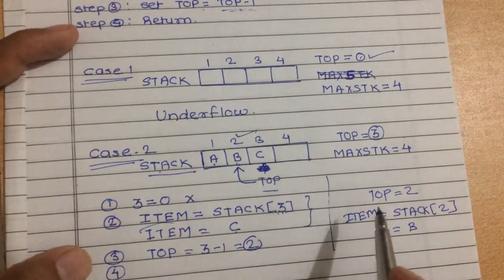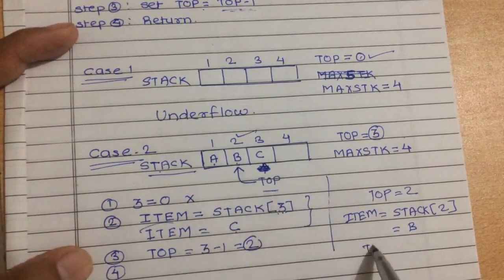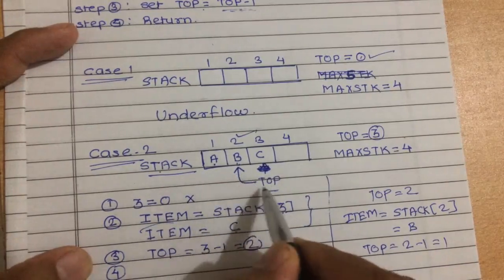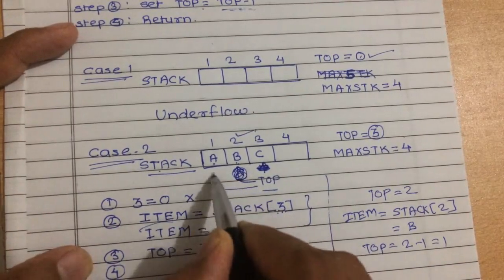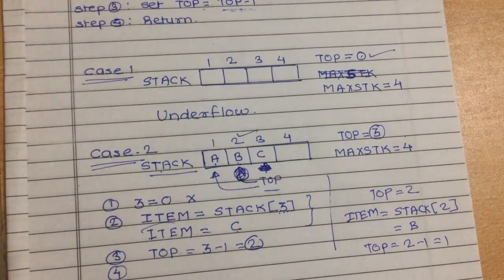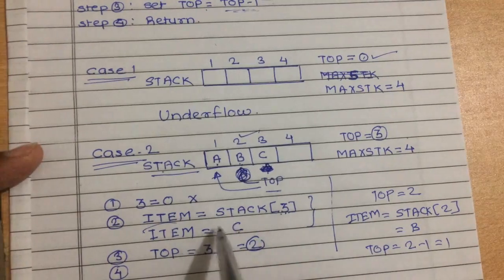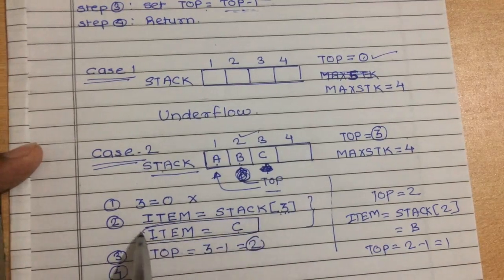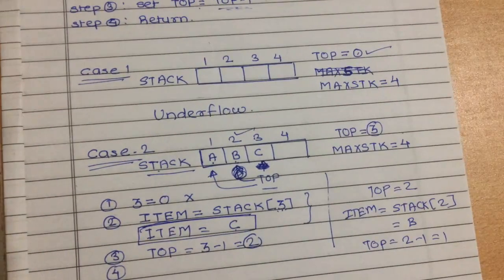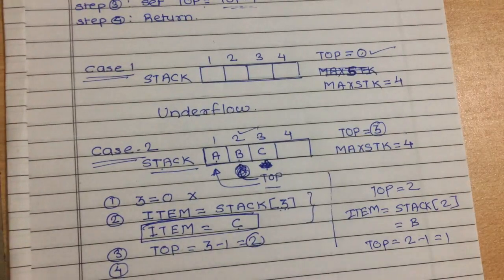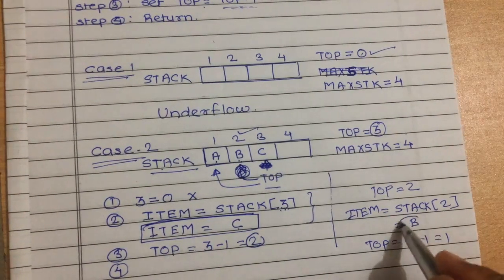Then what we have done? Then we have decreased the value of top by 1. So top is equals to top minus 1, that is 2 minus 1, 1. So now instead of pointing top to the second location, it will point to the first location. Okay, so again if you want to remove one more element, again you have to execute this same algorithm. So while exiting from the algorithm, in the first step we got the value which was deleted, which is C, and if we execute the same again, then B will get removed.